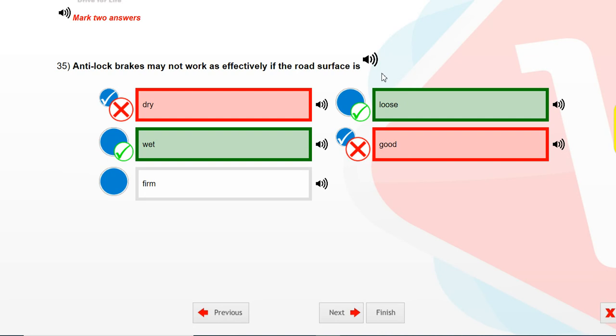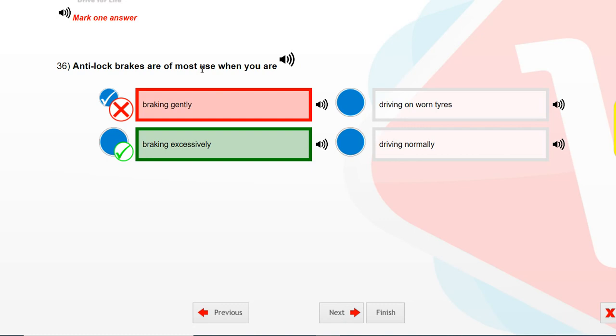Select two answers. Wet, loose. Anti-lock brakes are of most use when you are. Select one answer. Braking excessively.